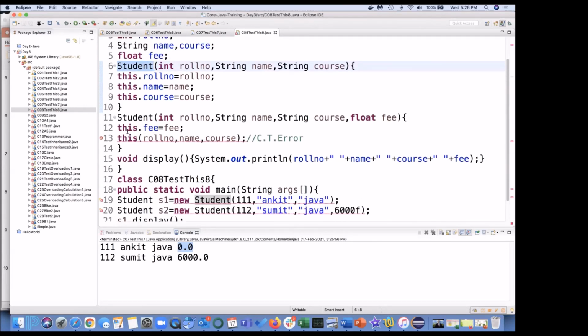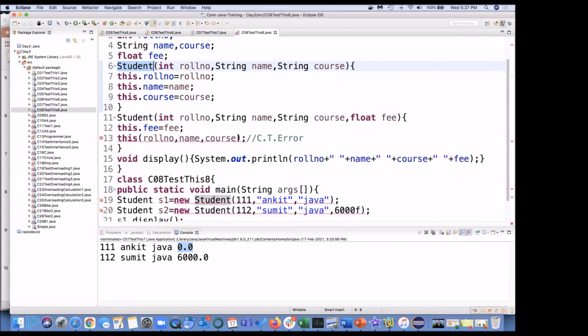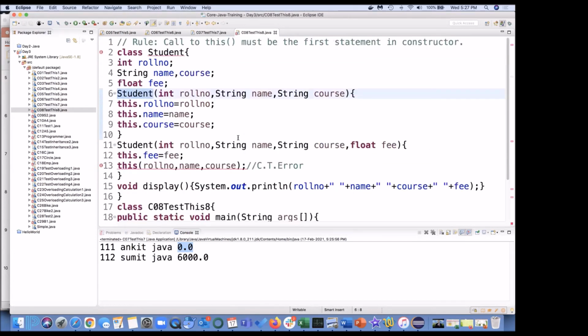In the previous program, we just switched the statement. Here you can see the error: constructor call must be the first statement in a constructor. Your Eclipse itself is saying it, and it is a compile time error. You need not even run it. That is what we want to show from this program.